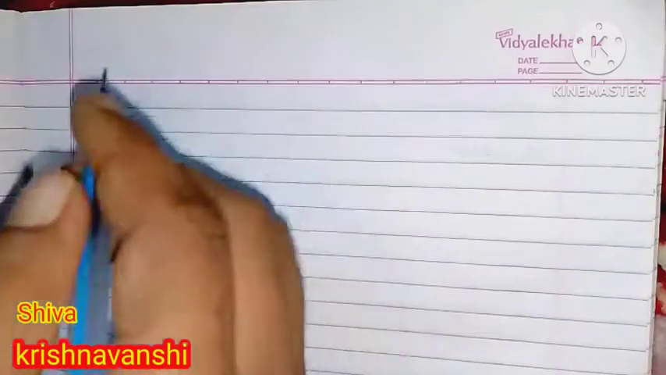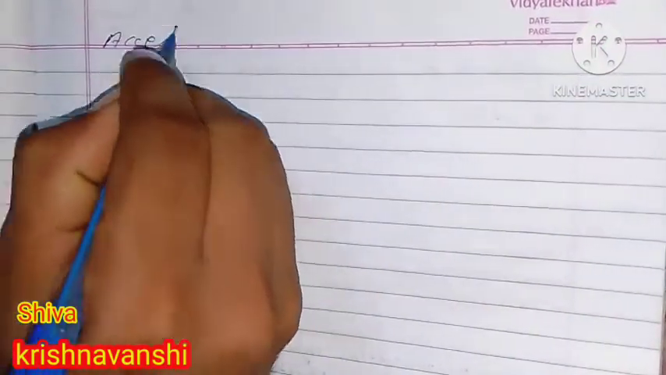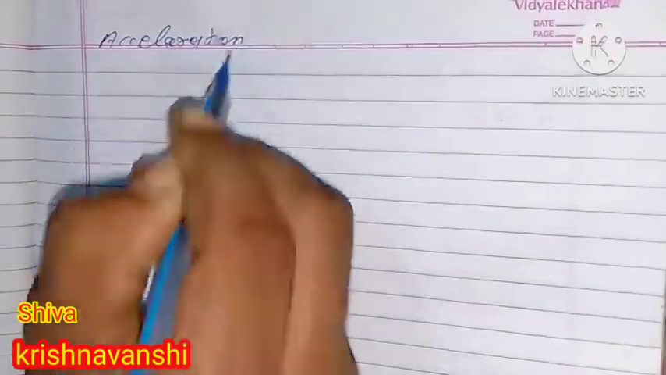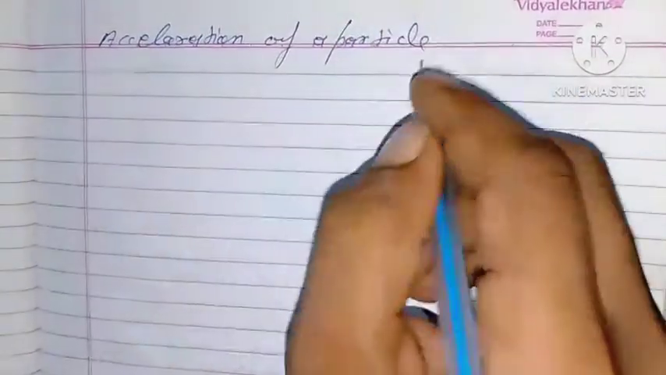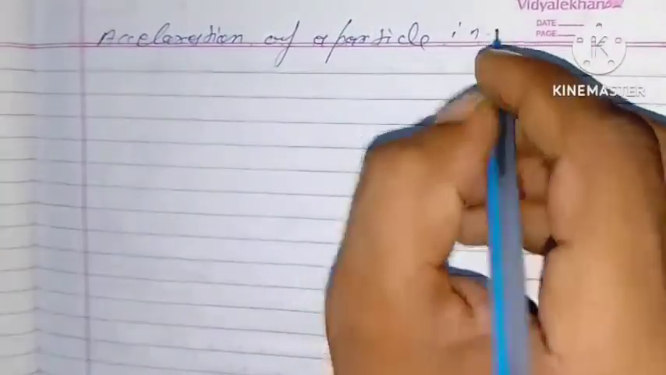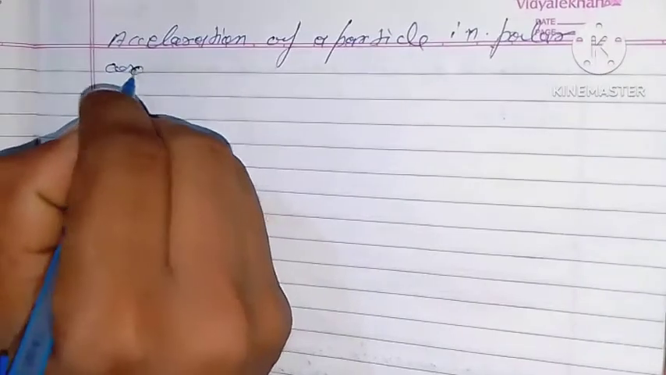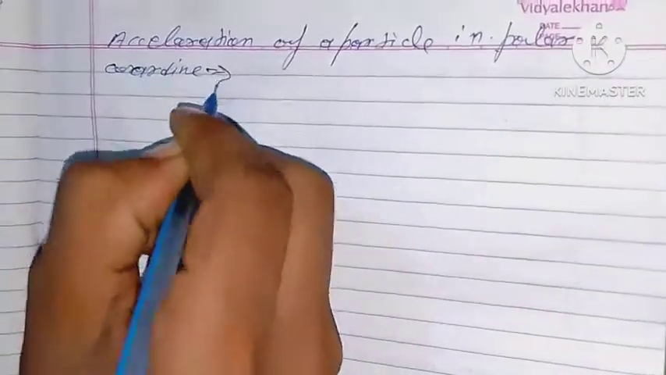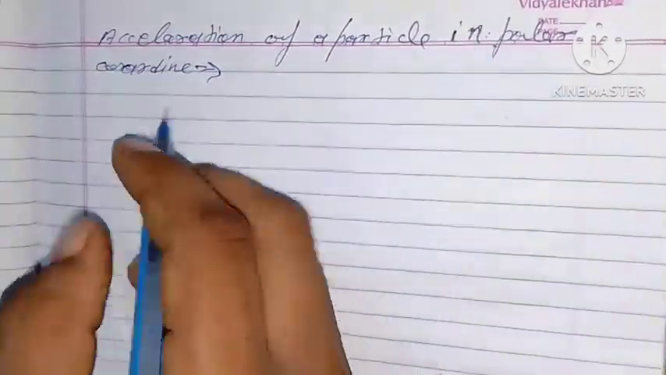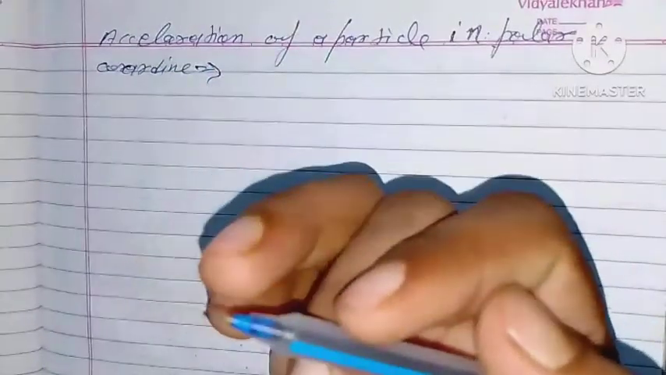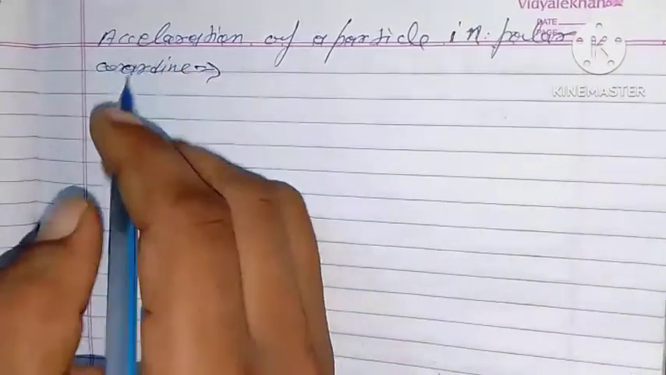Acceleration of a particle in polar coordinate. The acceleration of a particle in plane polar coordinate r, theta is given by